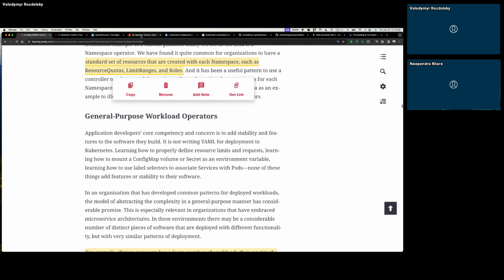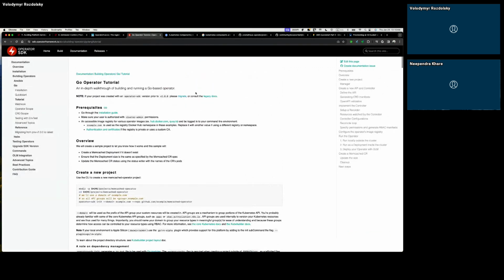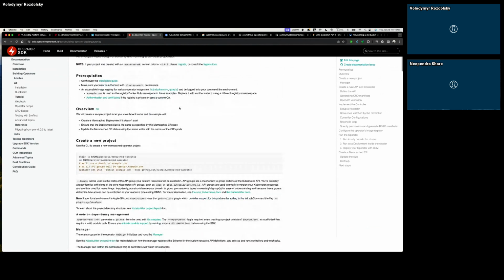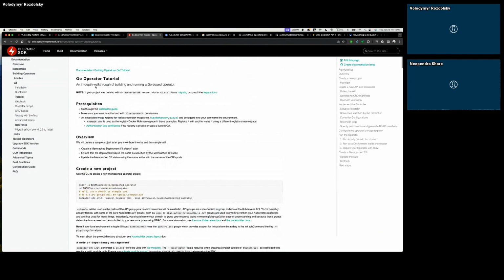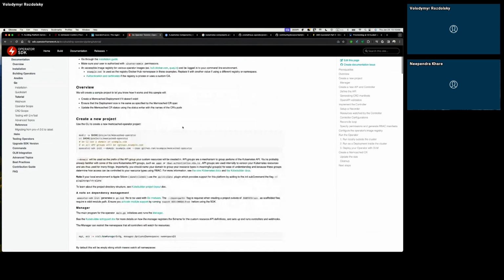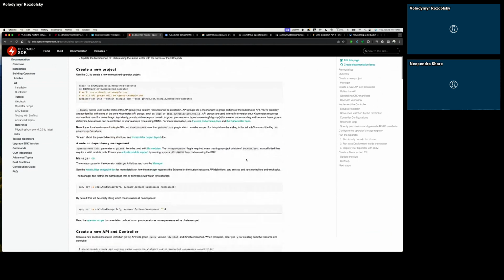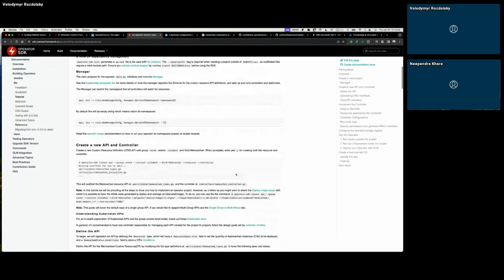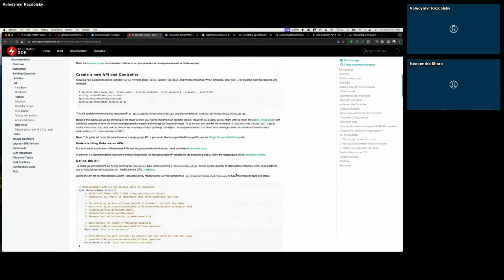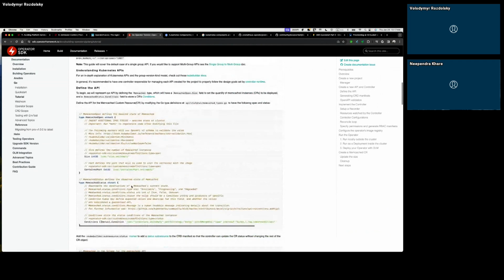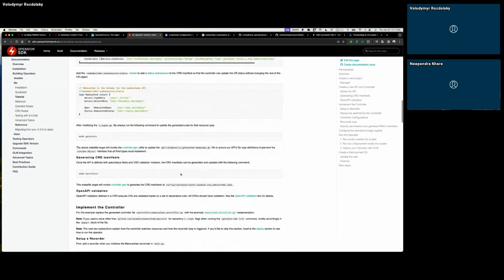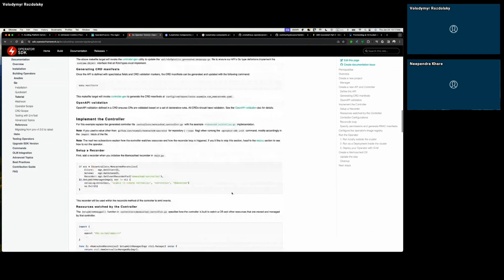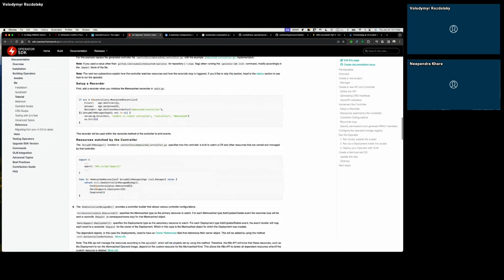If anybody wants to try, there's a good tutorial where he develops a memcache operator using operator SDK. It creates all the boilerplate and tells you what the API is, how it's structured, and how it creates the CRDs. It's like a simple step-by-step hello world, but it's in Go.